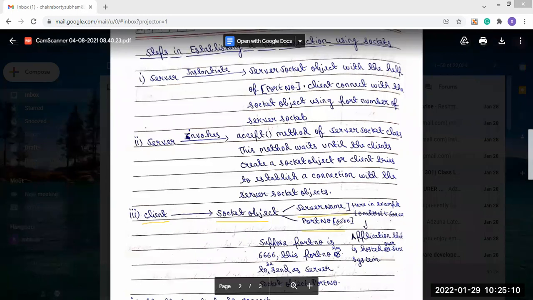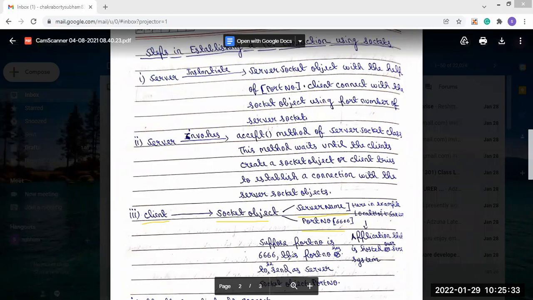As an example, I have mentioned the port number 6666. This is not any fixed port number; it is just an example I have taken. Suppose 6666 is the port number of the server socket object.